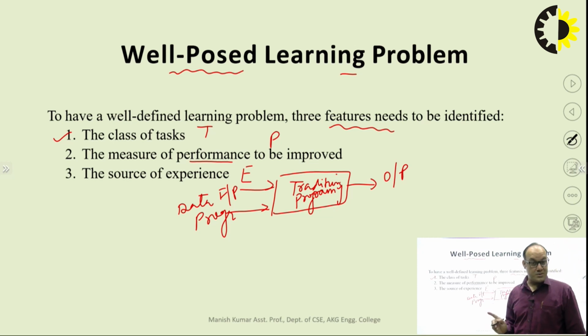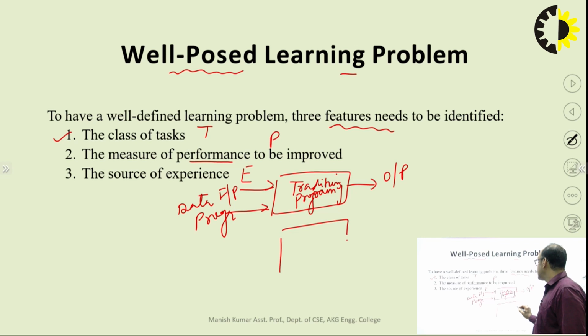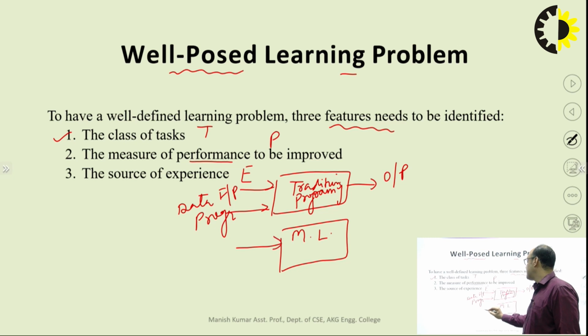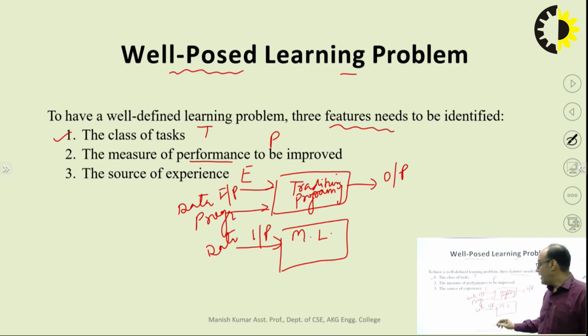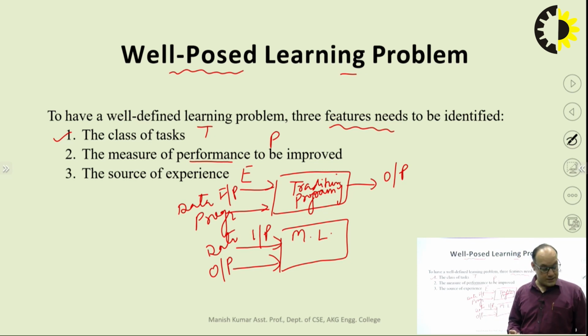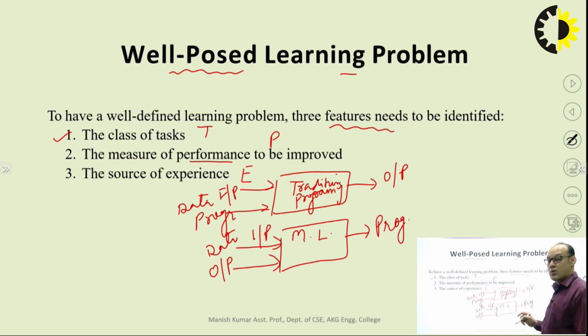If I compare this with machine learning, in place of traditional programming I replace it with machine learning. Again, we input some data, and as I said, we are going to train the machine. Training will be done to predict something, because we know where my machine is going to be implemented. The output will be given on which data the machine has to predict, and we get a well-trained program, and this program will predict.